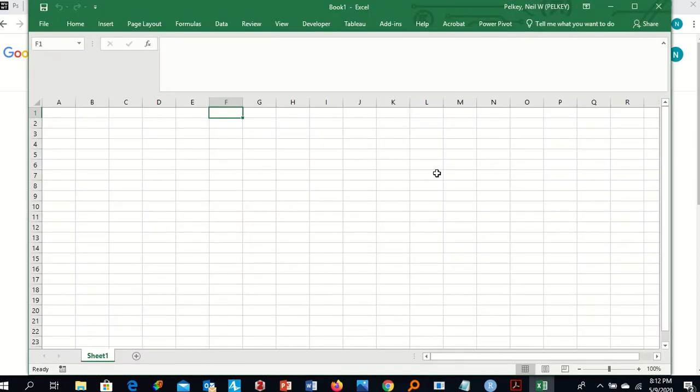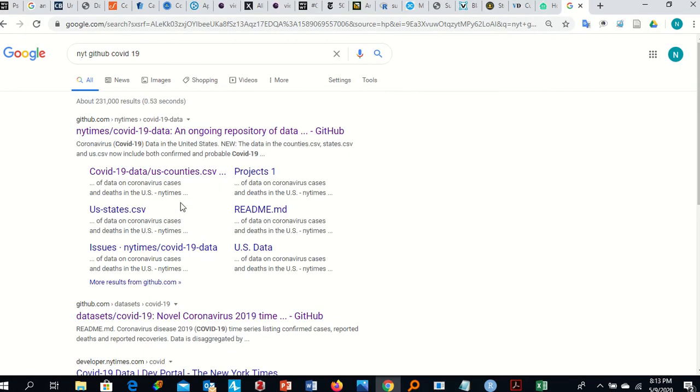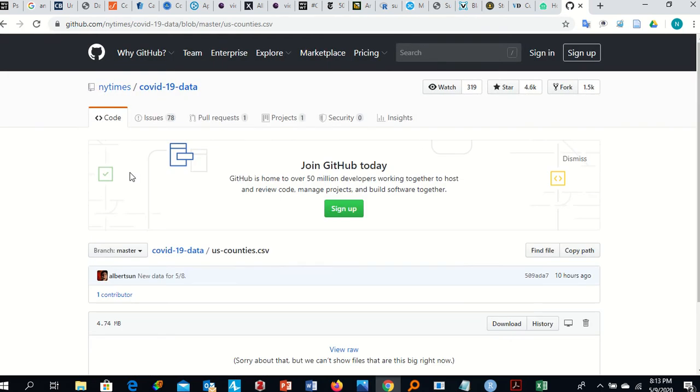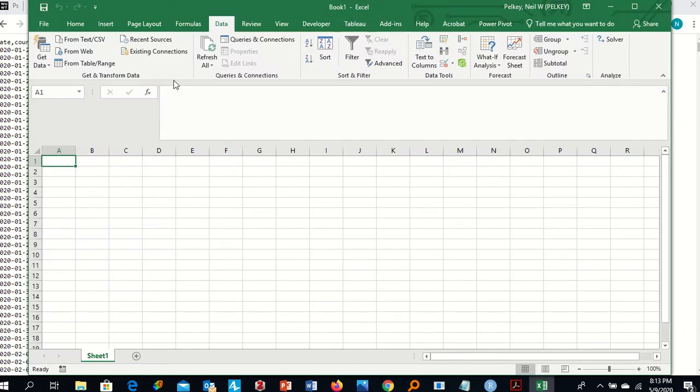So we want a blank Excel sheet that we're going to work in, in A1. We're going to go to Data and From Web, but we have to get the address from the web. We're going to go to Google and search NYT, GitHub, COVID-19, and this should come up, and we'll go to the COVID-19 data USA counties, and we'll go to view raw, and we will grab that URL, and we'll come back here to From Web in Excel,